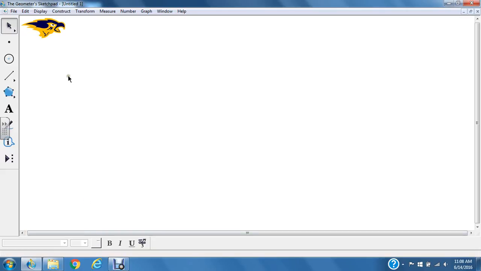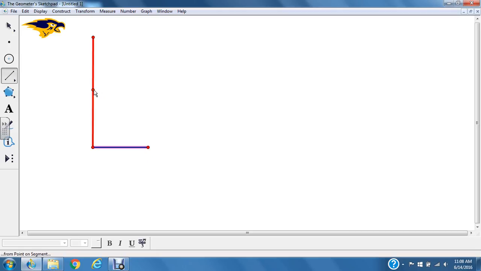Using Geometer Sketchpad to draw your initials means that we'll be using the straight edge tool or the segment tool. So we'll change from selecting the arrow tool, which is the general all-purpose tool. We'll go get the straight edge tool, the segment tool, and to use this you simply click on your mouse and hold and drag. So I'm going to use this to draw my initials, and I want you to notice